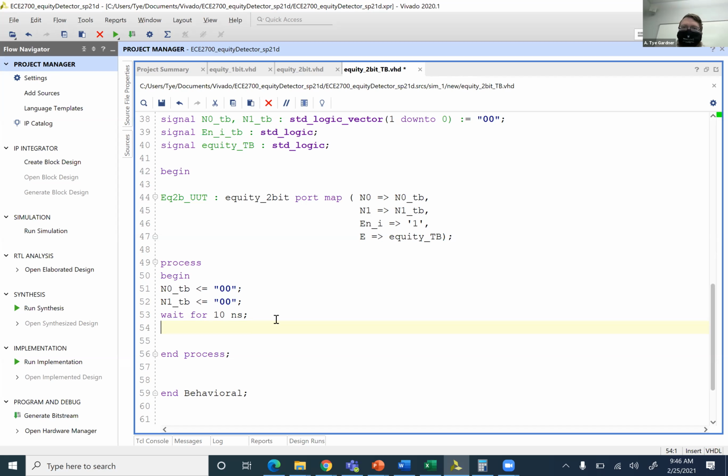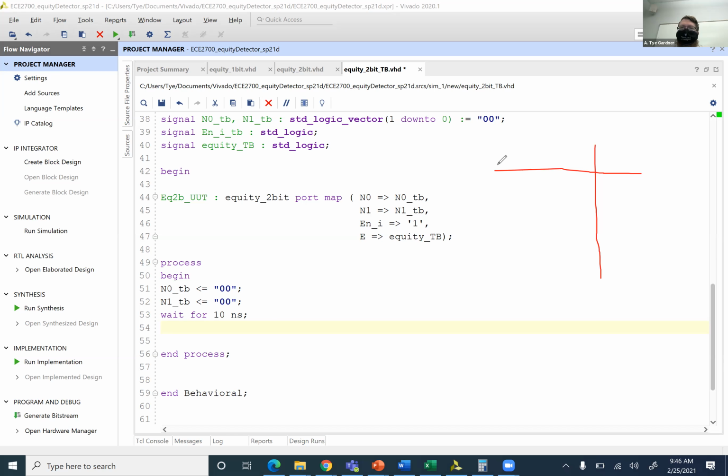let's see, I can doodle. Annotate. So if I have a truth table and I have an N0, 0,